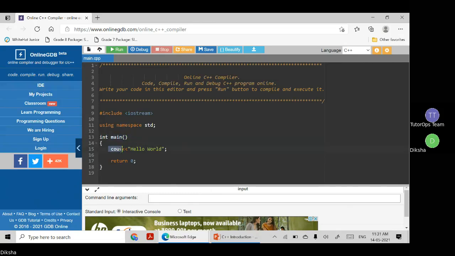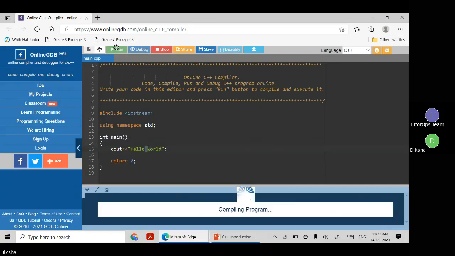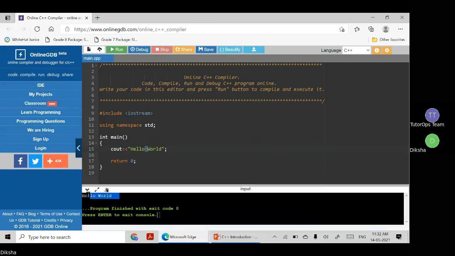And here you can see cout is the keyword. It is a special function to print anything on the output screen. Now here we have to provide double angle brackets, you can say less than symbols, and after that we will decide what to print. Whatever you write within these double quotes will be printed as it is, whatever spacing you provide. Let me run the code,